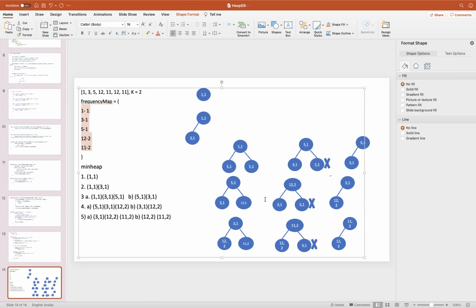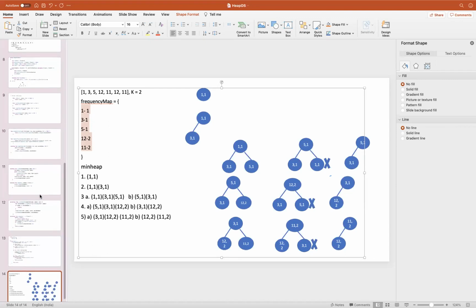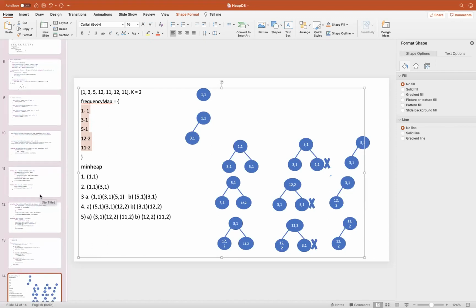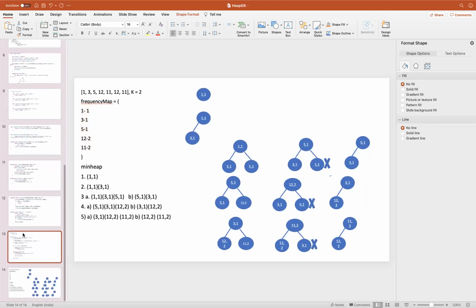The only thing is that at the time of addition or deletion, the heap which I have created will automatically take care of it. I don't have to bother, because I had already written the logic to enqueue and dequeue any element from the heap.